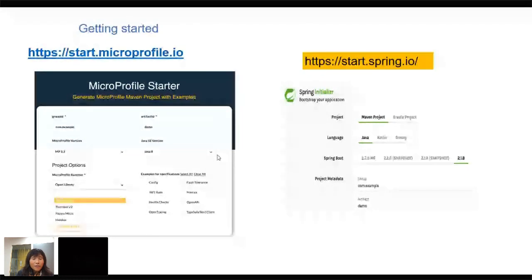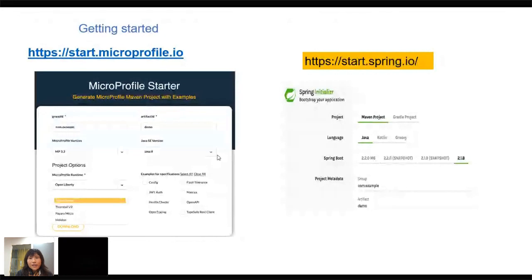Some runtimes also support Java 8 or Java 11. And on the right bottom side, you have the example specifications. To get started, I recommend you choose select all,